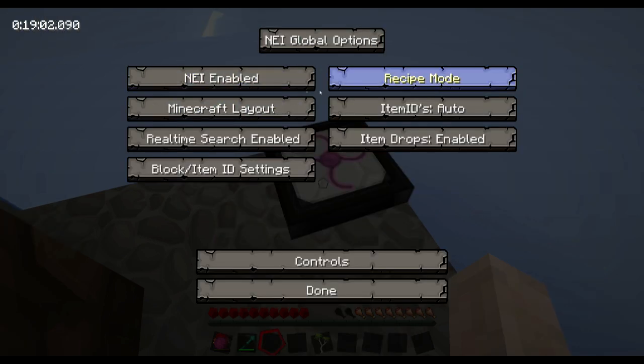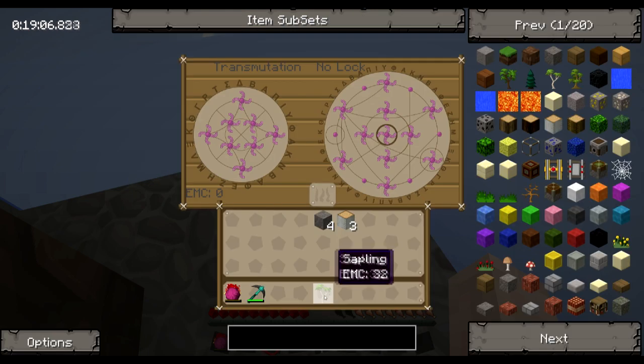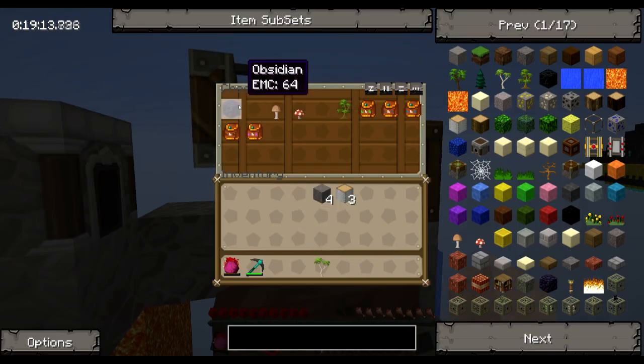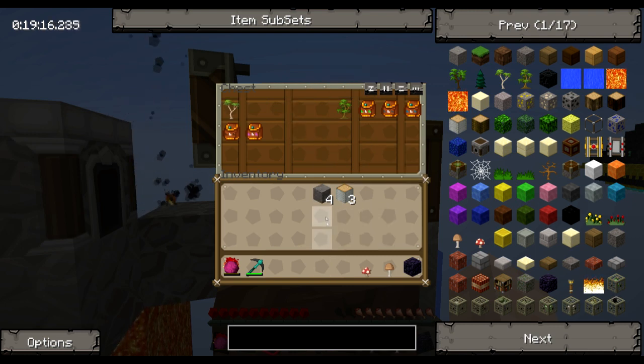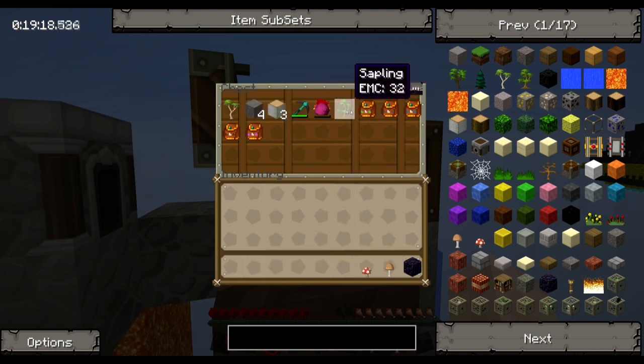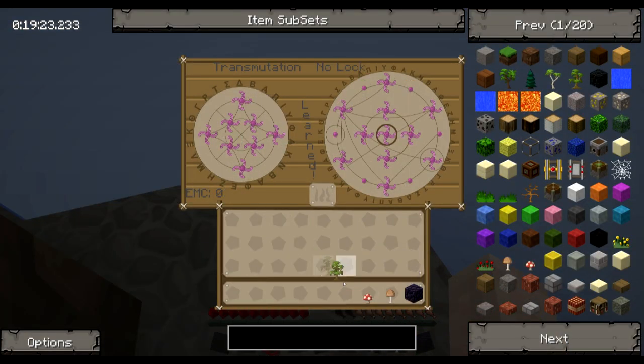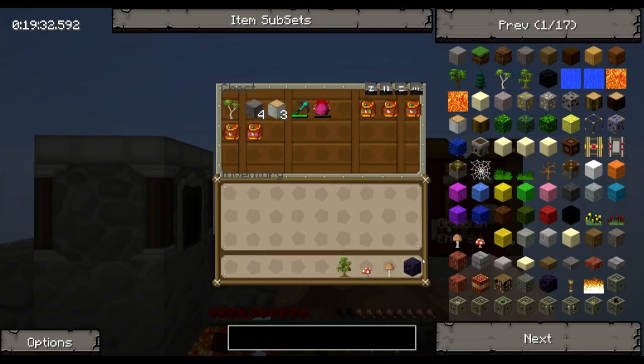I have forgotten to turn this back to recipe mode. Hidden. There we go. Philosopher's Stone doesn't have an EMC value either. So take everything out of here, put everything back in here. These things don't have an EMC value. And just place everything in here. The really important thing is the mushrooms. Okay, so